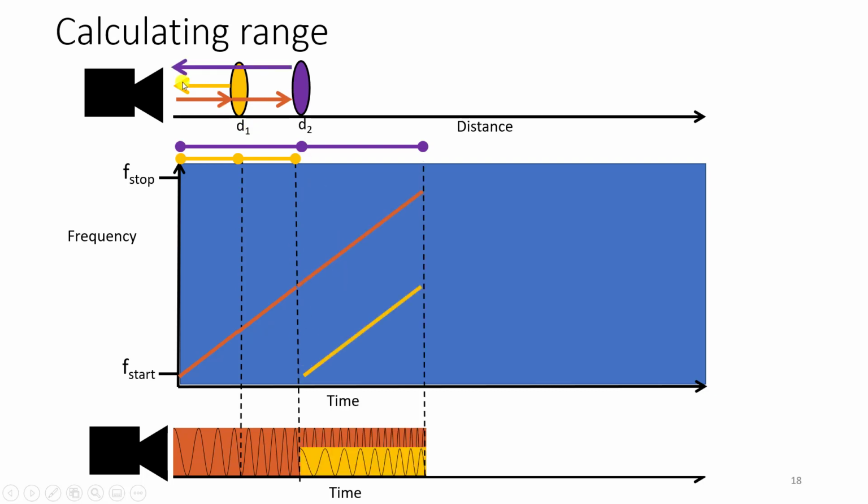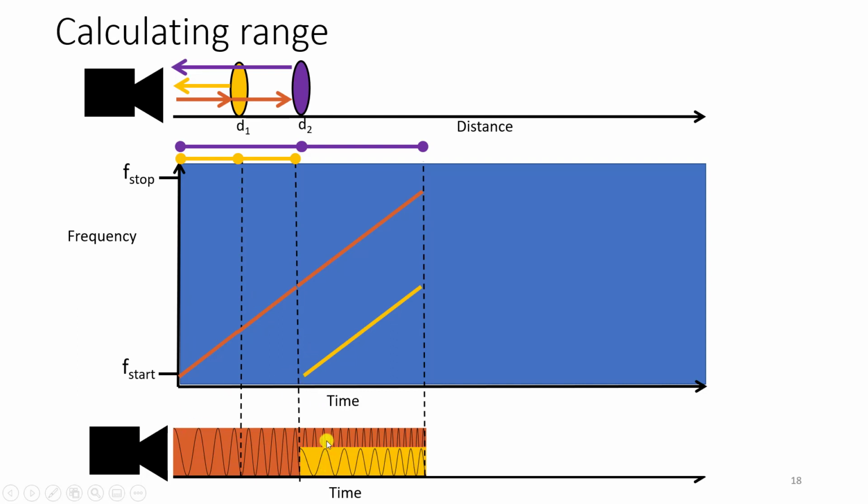And so at this time, once the waveform has traveled back to the transducer, which is twice the distance here, because the waveform has to travel out and then be received back,